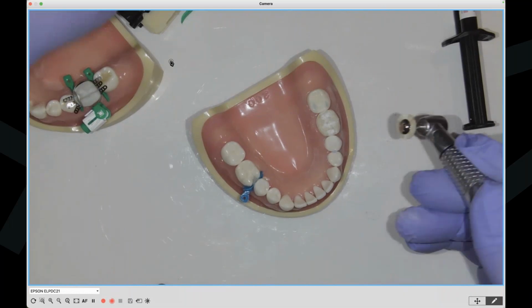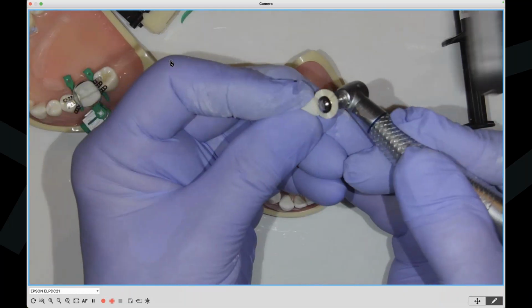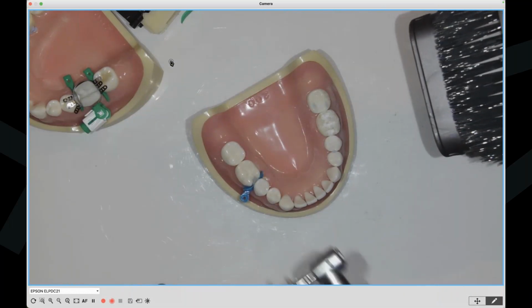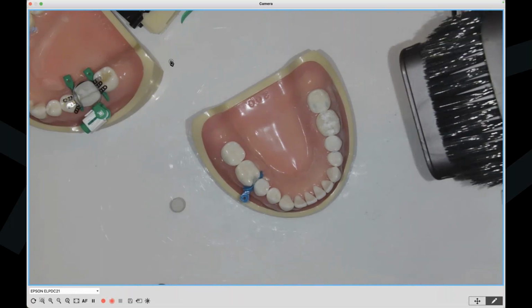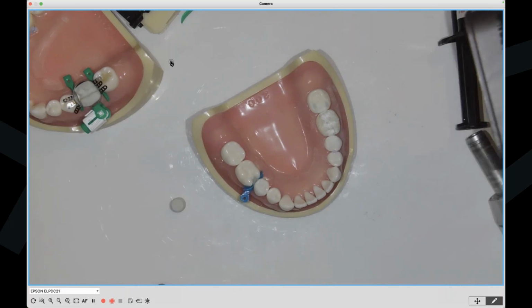Okay, so now the nano diamond. Start running it in at a slower speed. For some reason, that's not latching properly. Fortunately, I have another paint piece.